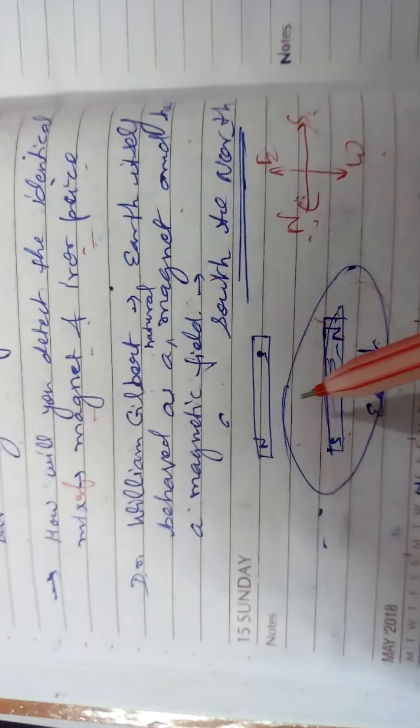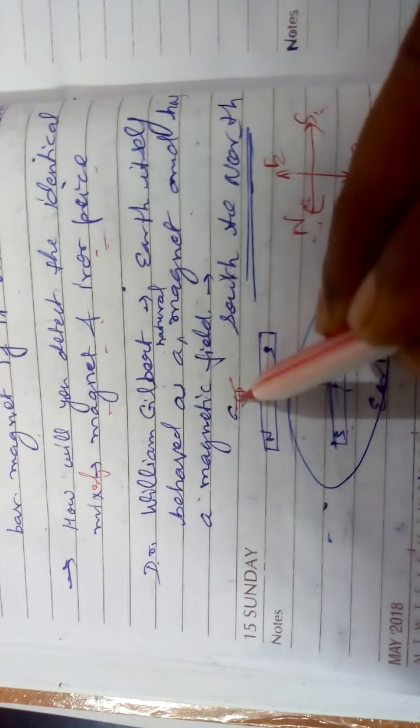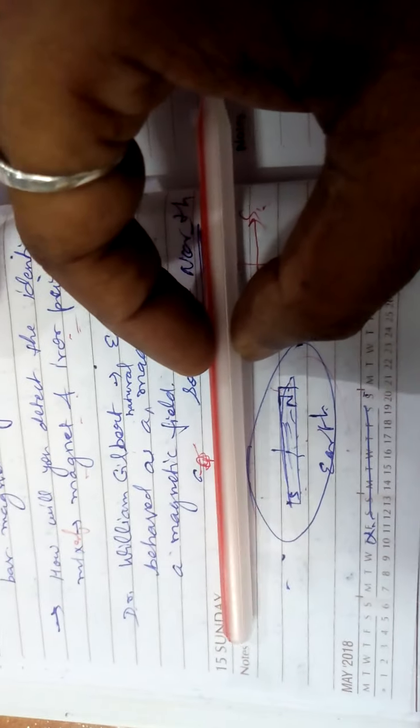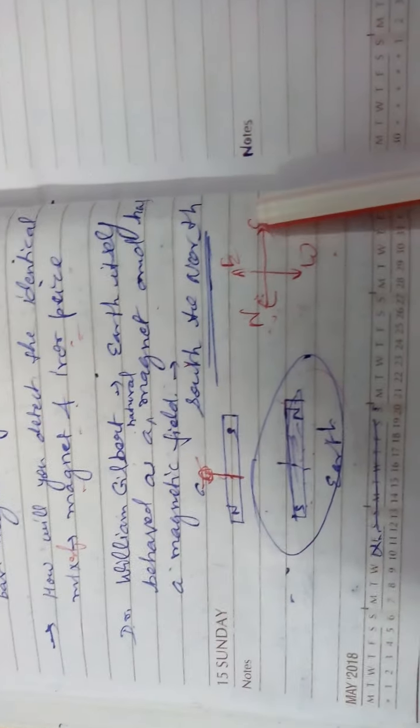We know the property of a magnet: opposite poles attract each other. That's why, when you have a freely suspended magnet and you move it, it will move in all directions, but at last when you stop, it will stand like this. So why? Geographical north gives the north pole of the bar magnet, geographical south gives the south pole